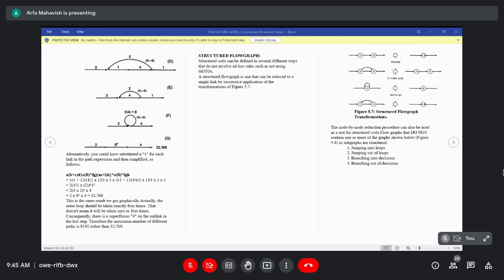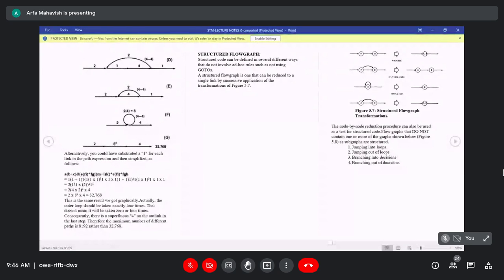For example, if you are having two nodes, and from one node to the third node the path is traveling, then we combine two nodes, we get one and two as a single node. So it is a process. Then if you are having an if-then-else, and from one node to another we have a loop over there, at that time we remove the loop. First we remove the loop, look at here, the loop. We are removing this loop.